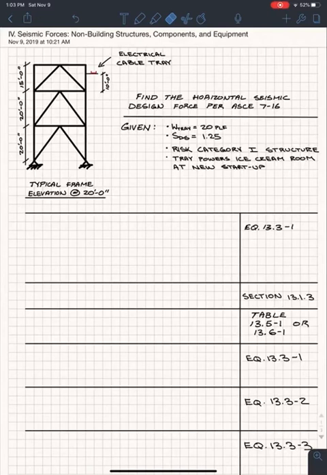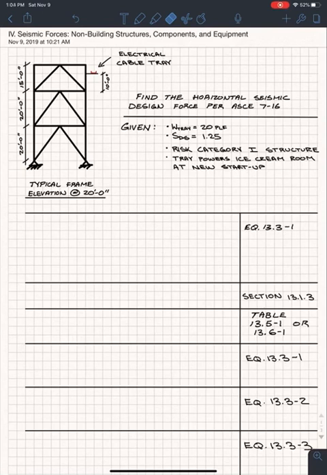Hey everyone, this is a video on how to calculate the seismic design force on a non-structural component for ASCE 7-16. This is a type of question you might face on the California Seismic PE exam. It would fall under category number 4 from the test plan put out by the board, the seismic principles test plan: seismic forces, non-building structures, components, and equipment. So again, we're looking at chapter 13 of ASCE 7-10 for the seismic force,